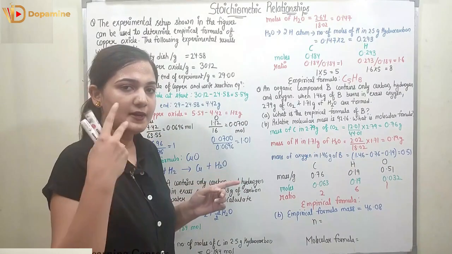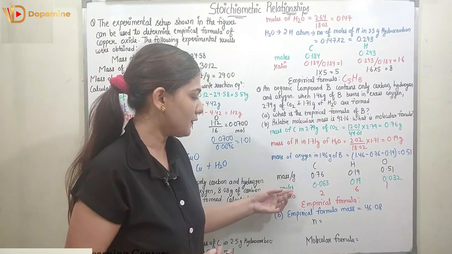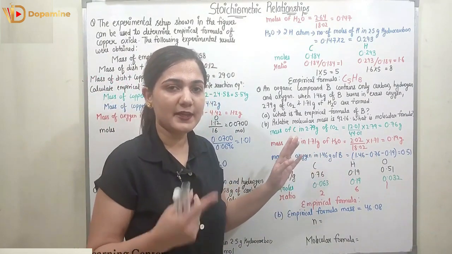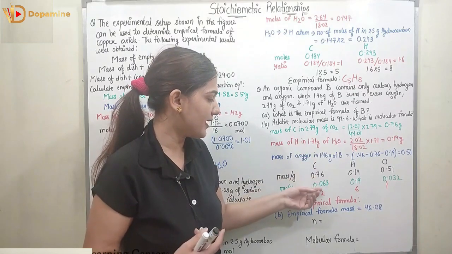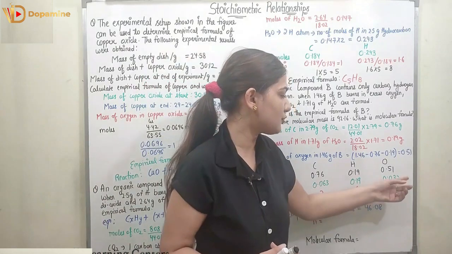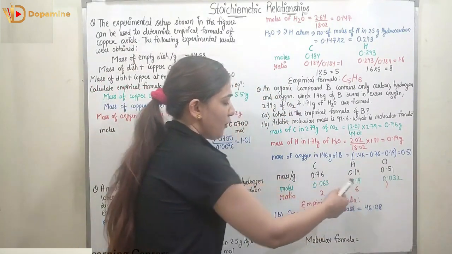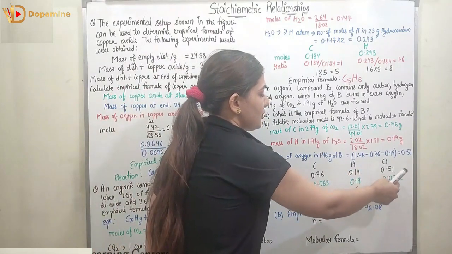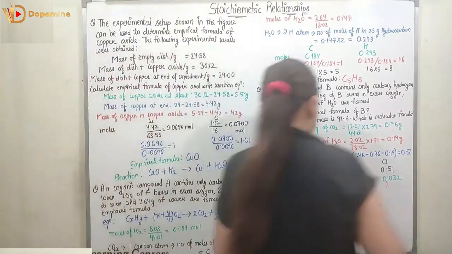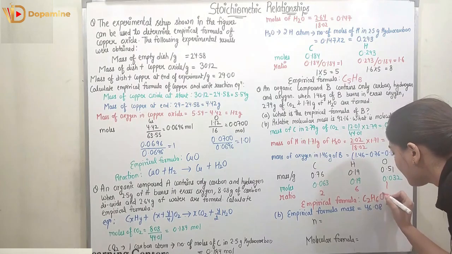Now we know the mass of carbon, hydrogen and oxygen. We can find out the number of moles. So we can find out the moles by dividing the mass of carbon, hydrogen and oxygen by the molecular mass. So we will be getting 0.063 for carbon, 0.19 for hydrogen and 0.032 for oxygen. You can see the oxygen will be having the least number of moles, so we will be dividing all three of them by 0.032 and we will be getting 2 over here, 6 over here and 1 over here. So what would be the empirical formula? The empirical formula will be having C subscript 2, H subscript 6 and O subscript 1.